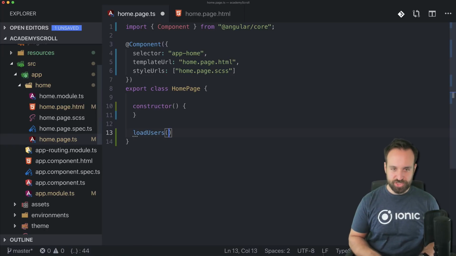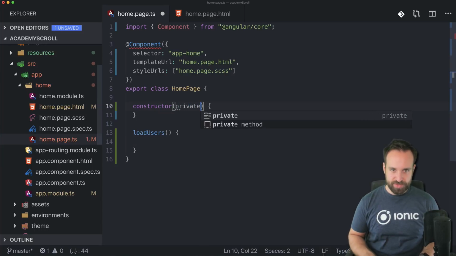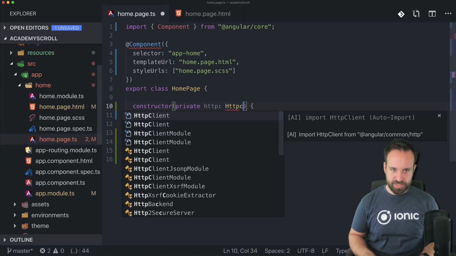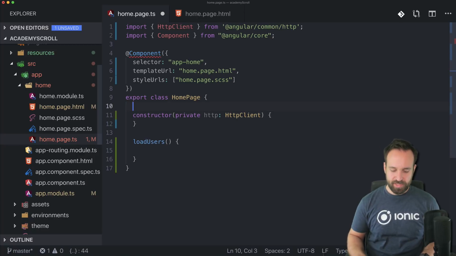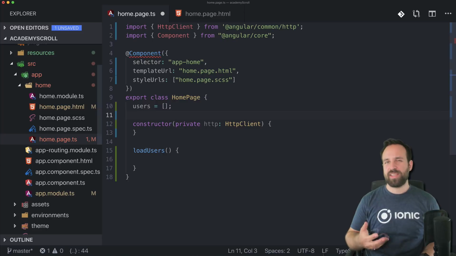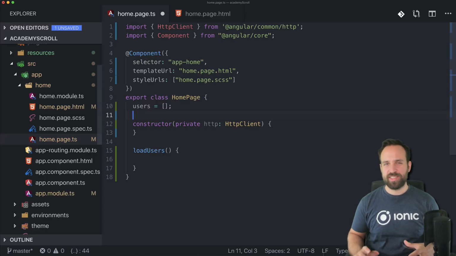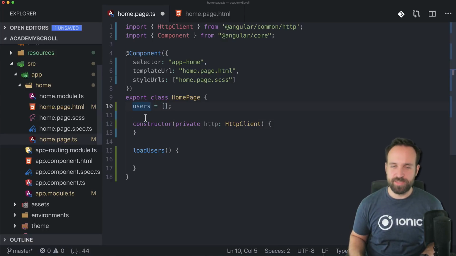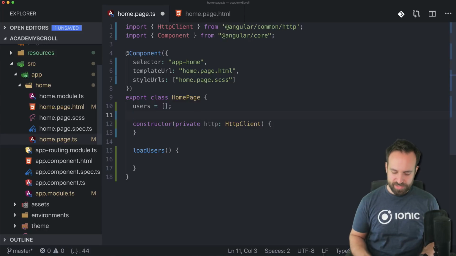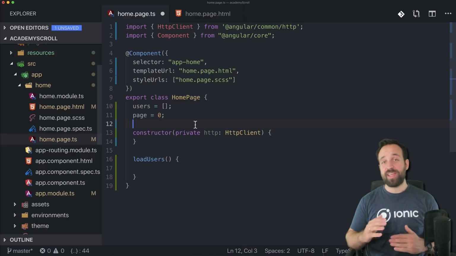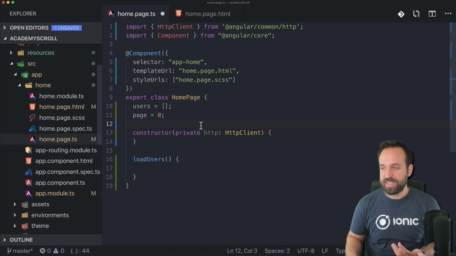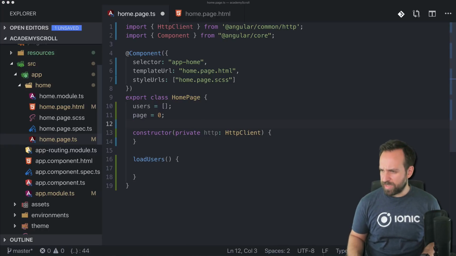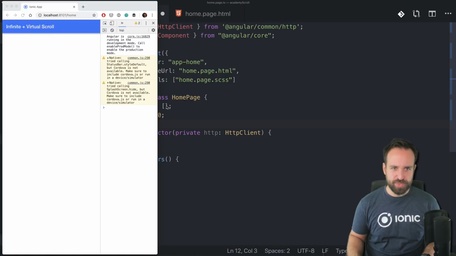Let's have a little function to load some data from an API. So therefore, we're gonna have to use private HTTP client from Angular common. Then we might have an array of users. That makes life a bit easier. If you work with an observable, it's not that easy to just concat the data to the array. So in our case, we will have a simple array right here. And we'll also remember on which page we were in order to maybe load the right data. I'm not sure if the HTTP client or the HTTP call that we make is actually using the page, but